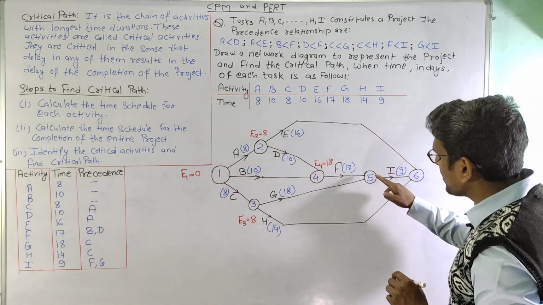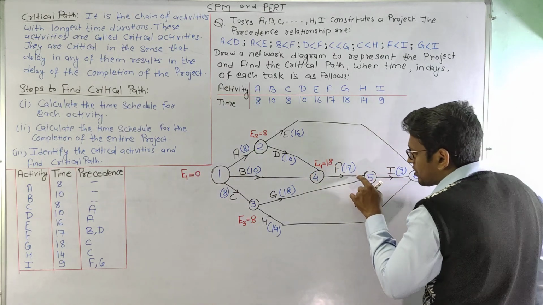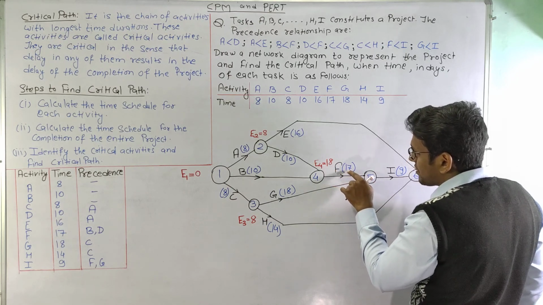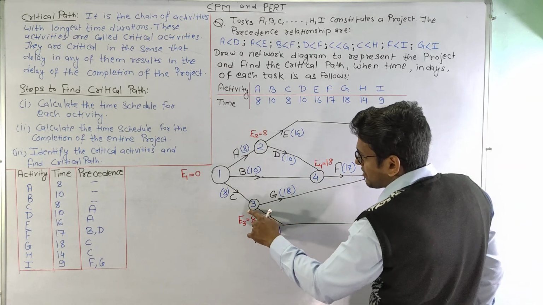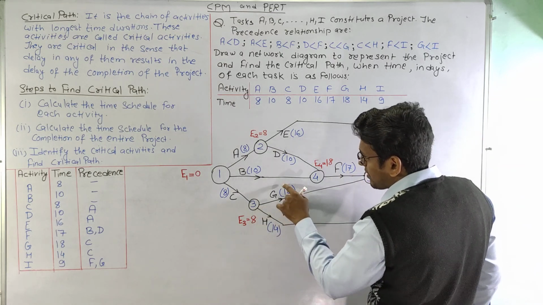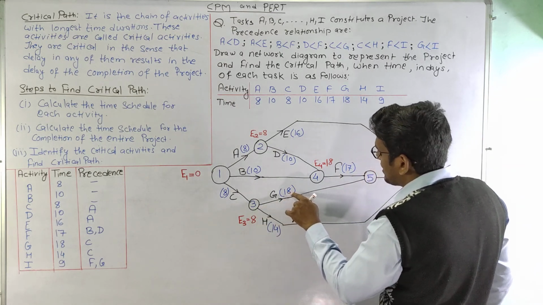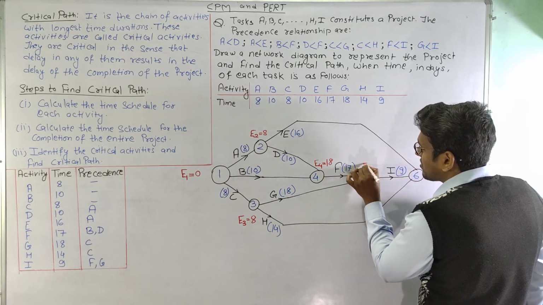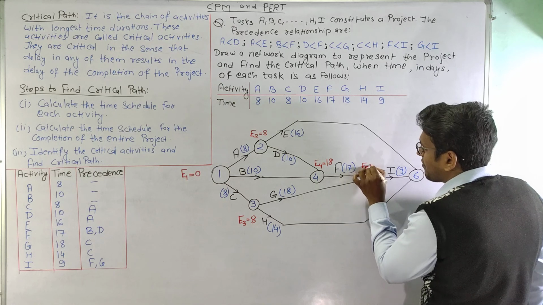Now moving on to 5, we can see that there are two arrows coming in. So this is 18, 18 plus 17 is 35, and this is 8, 8 plus 18 is 26. So we will select the maximum here. So this E5 will be